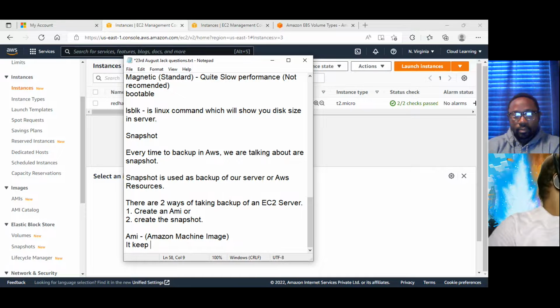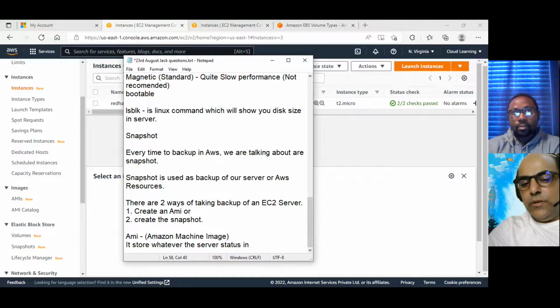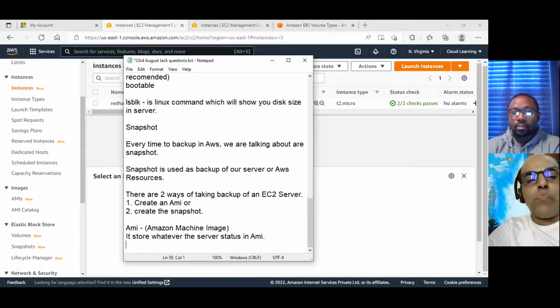Yesterday we saw that we created the web server. Until that time, what we have done, it will create the snapshot and store it in the AMI.